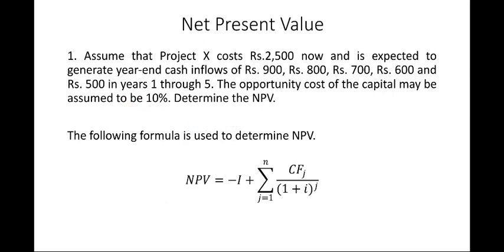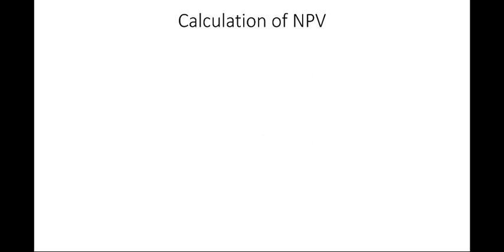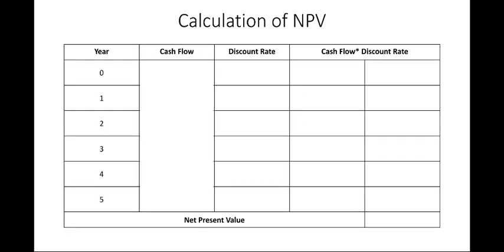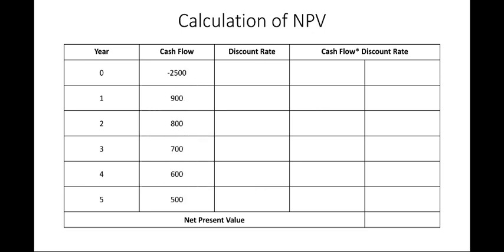Using this information, we can create one table. As you can see over here, in the first column I have mentioned year, and as the number of years is 5, so from 0 to 5. The second column consists of the cash flow that is given in the question, and then the discount rate, as we have to discount the cash flow. So starting off by entering the cash flows,